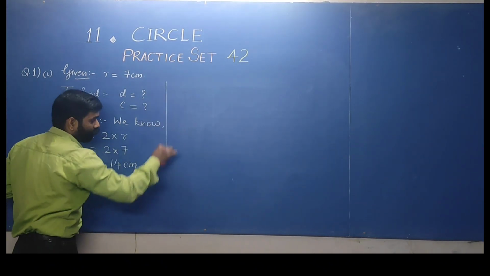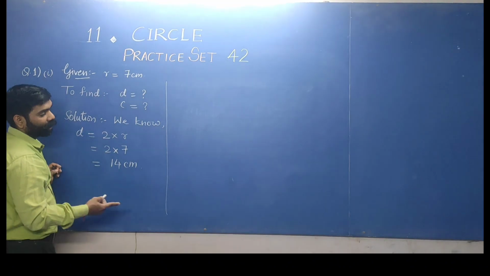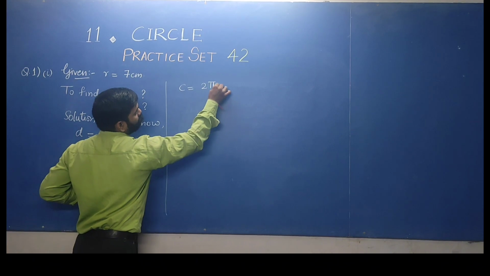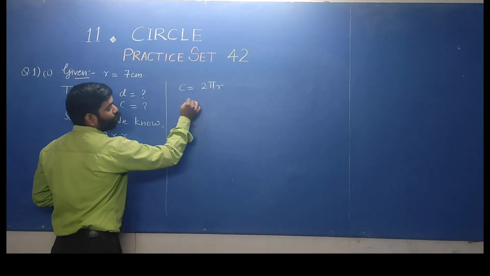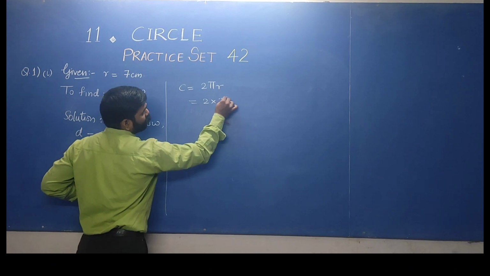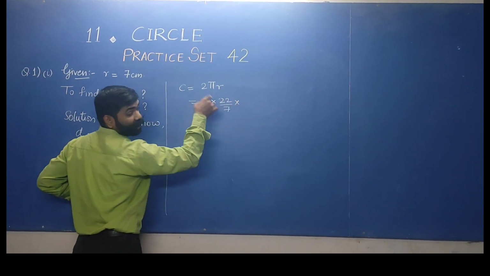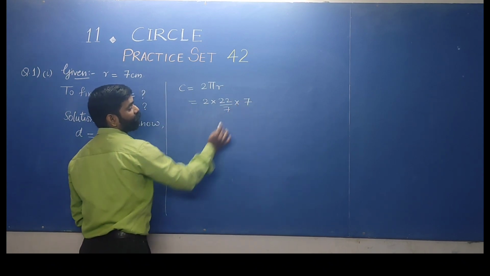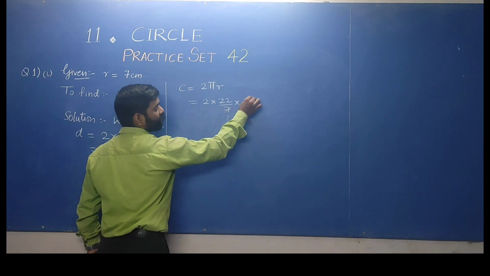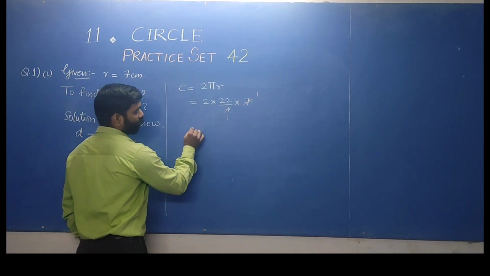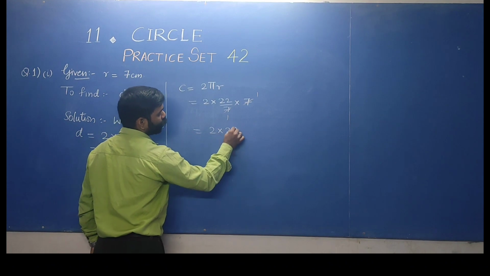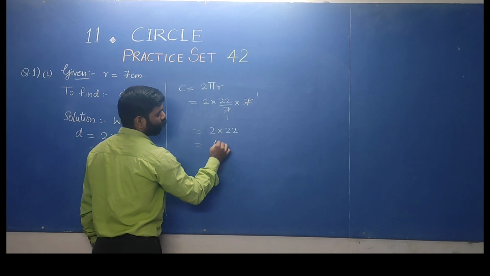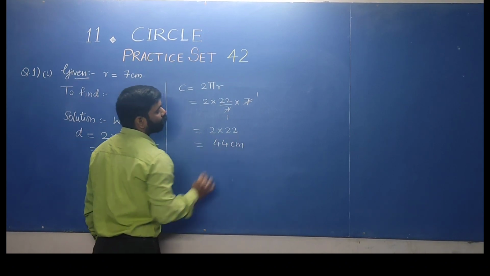Now as we got the diameter, we need to find the circumference. Let's see how to find it. Circumference is nothing but 2 pi r. 2 multiplied by pi, the value of pi is 22 by 7, and r is given as 7 centimeter. So this 7 and this 7 are going to be cancelled. 7 ones are 7, 7 ones are 7. The remaining is 2 multiplied by 22 multiplied by 1. So 22 ones are 22. Then 22 twos are 44, which is the circumference.